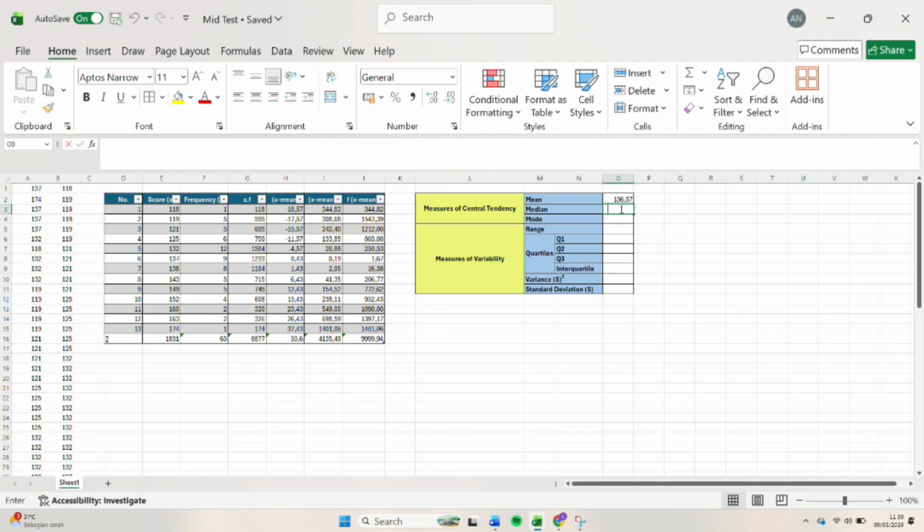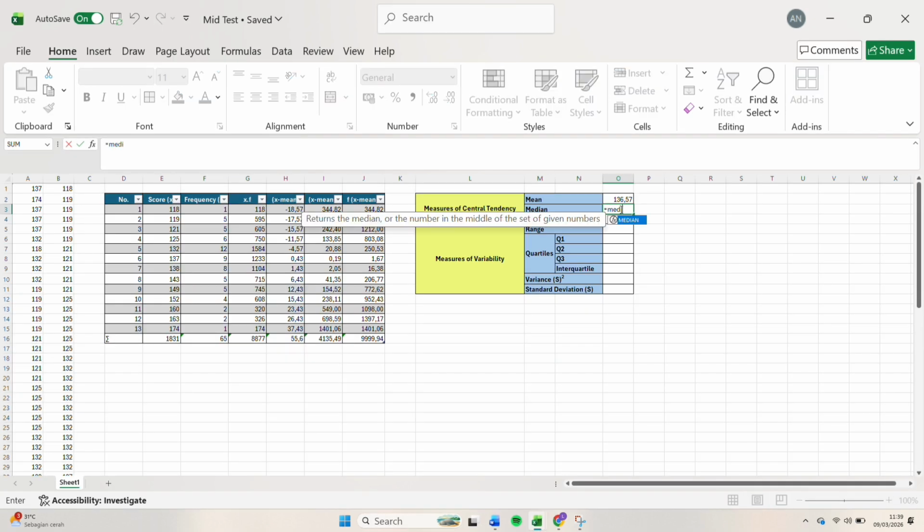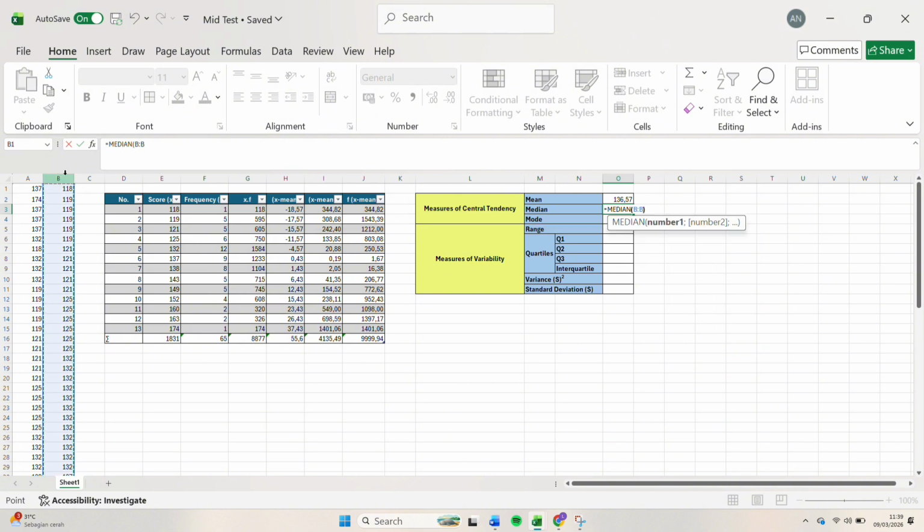Now we are going to find the measures of central tendency first, because we already calculated the mean. So now we will continue by finding the median and mode. The median is the middle value of the data after it is sorted from the smallest to the largest. To find the median in Excel, we can simply type equals median, open bracket, select the data range, and close